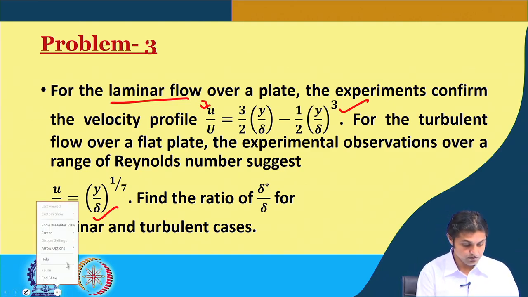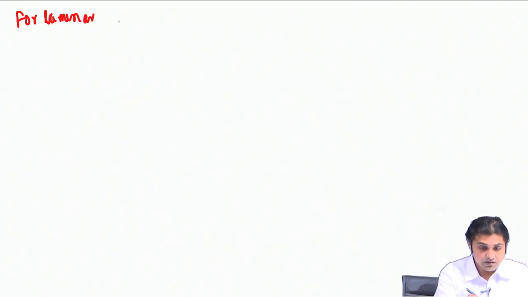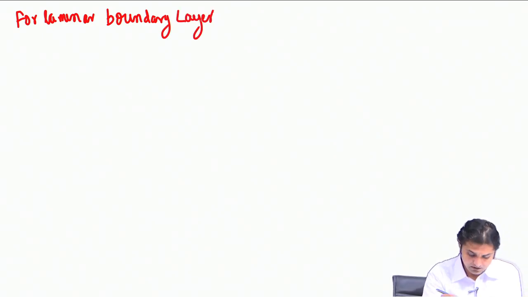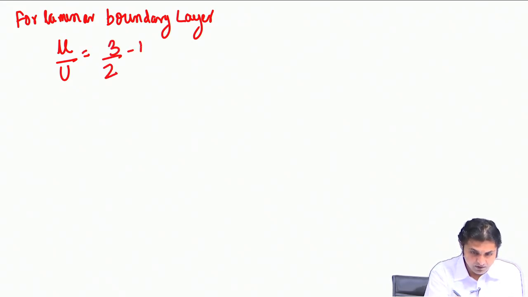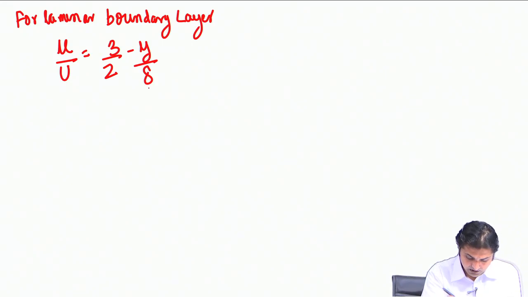So, we will go to the white screen and we will start doing the solution for the laminar boundary layer. U by capital U is given as 3 by 2 minus y by delta